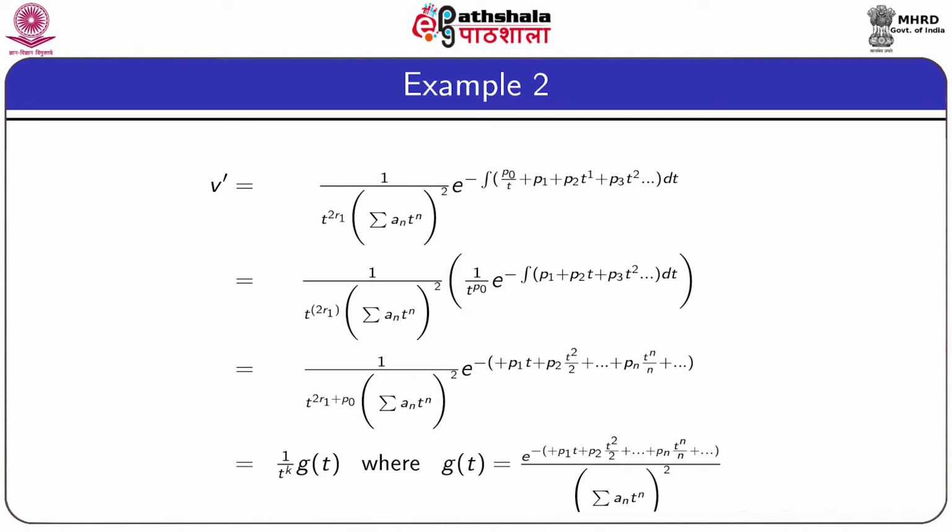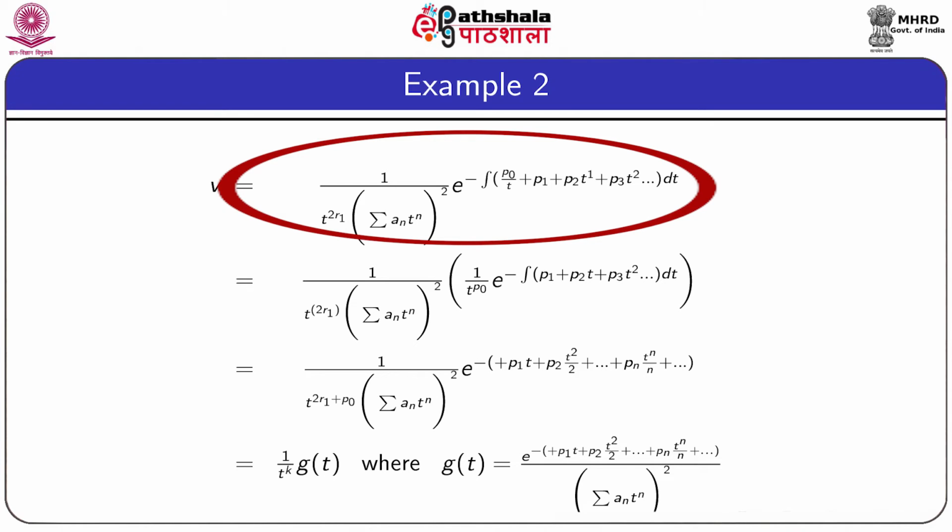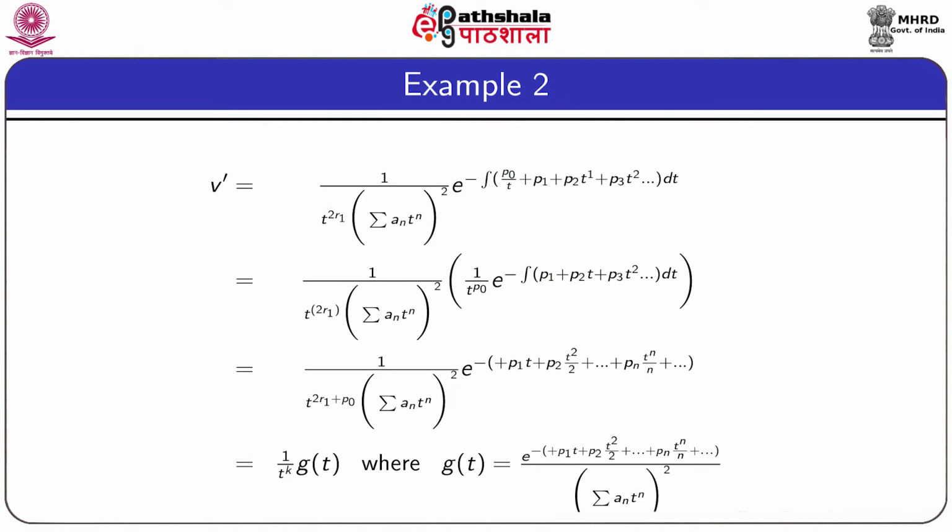Therefore, v dash is equal to 1 by t to the power 2 r1 into summation a_n t to the power n whole square, e to the power minus integration of p0 by t plus p1 plus p2 t plus p3 t square plus dot dot dot dt,